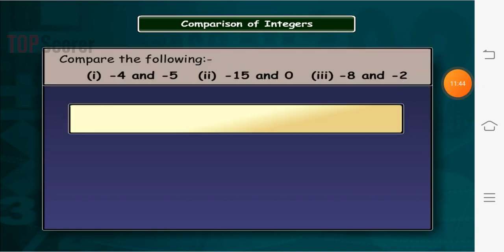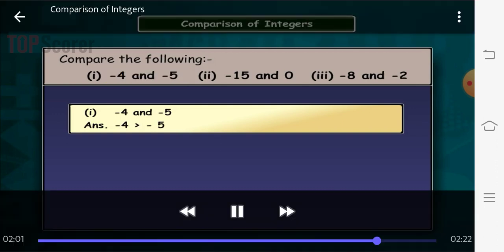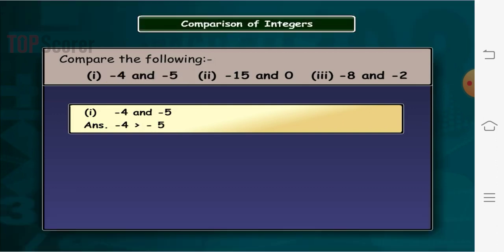Now children, we can solve all this by using what I have told you just now, how to compare the numbers. Here I have taken the first example we are solving. Both the numbers are negative. As I have told you, no number line is given here. So how to solve this? When both the numbers are negative, always remember to look towards the number which is much closer to the origin.